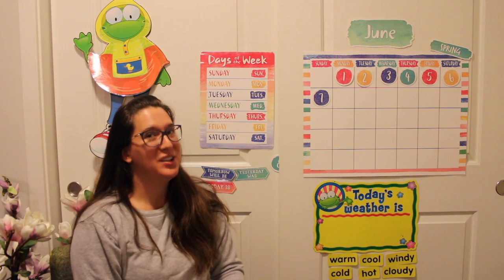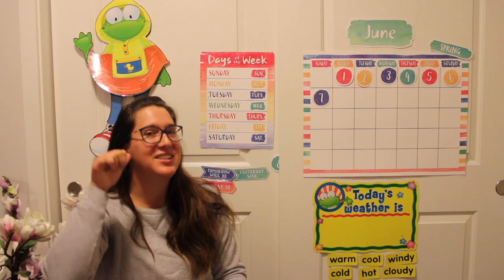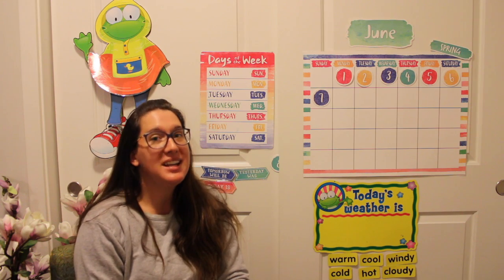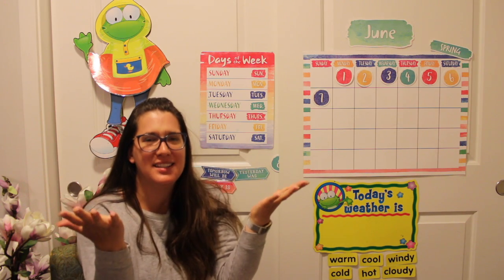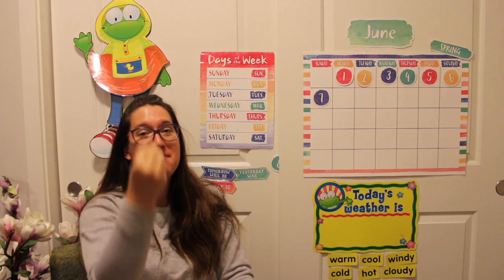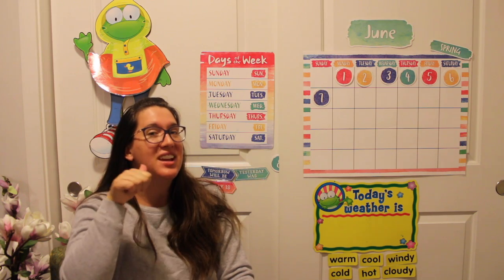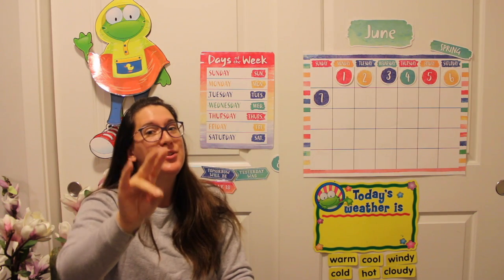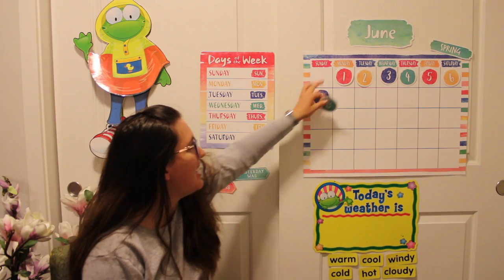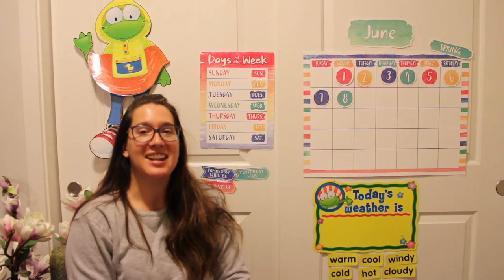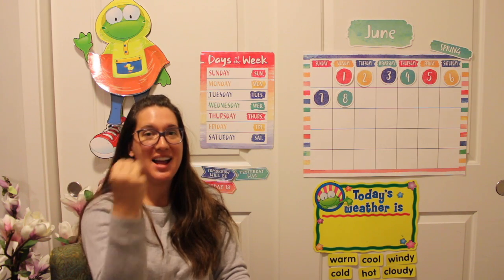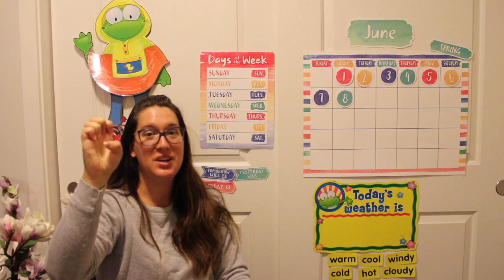Okay, so looking at our calendar, we can see that yesterday was Sunday the 7th, which would mean that today is what? Correct. Today is Monday. And if yesterday was the 7th, then today would be the 8th. So let's put that right up on our calendar and say it all together. Today is Monday, June 8th,